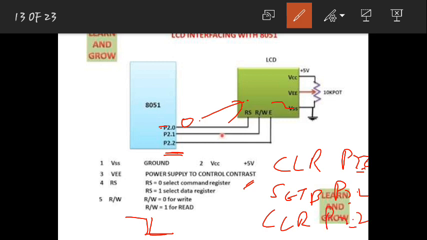Is that fine? Generally in between this set and clear they will write a delay, so that we can differentiate between high and low, when it is on and when it is off. But for us this delay doesn't matter, because we don't want to visualize it with our eyes. I just want my command to be seen on the LCD screen, that's it.